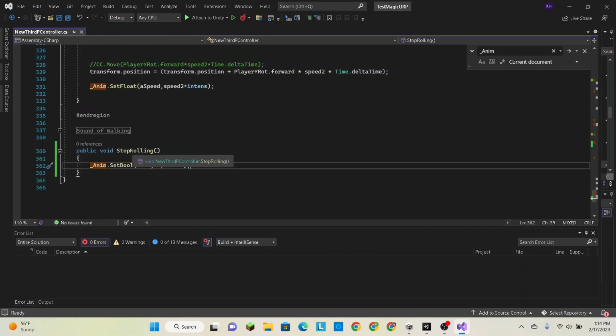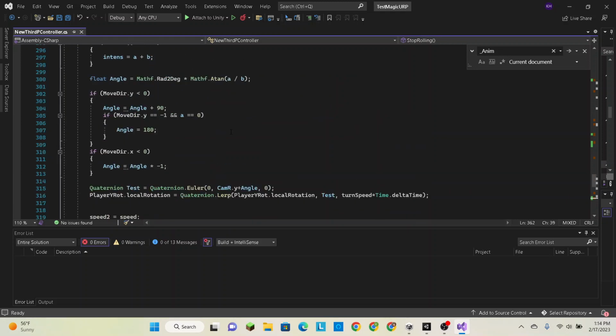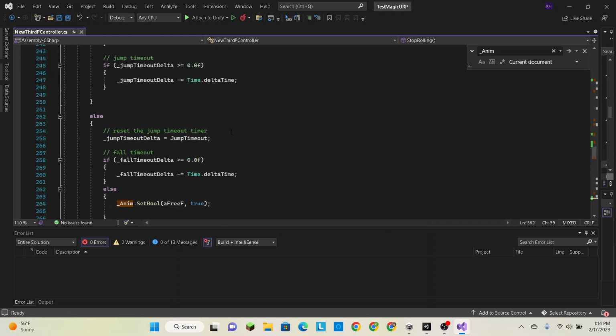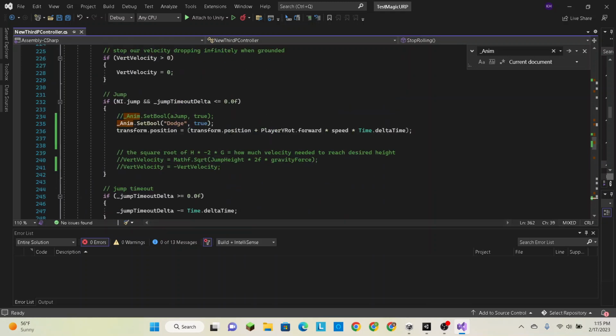Public void stop rolling, anim set bool dodge to false. That is good. So maybe our other script is setting dodge to true and jump time delta less than 0. Okay, so